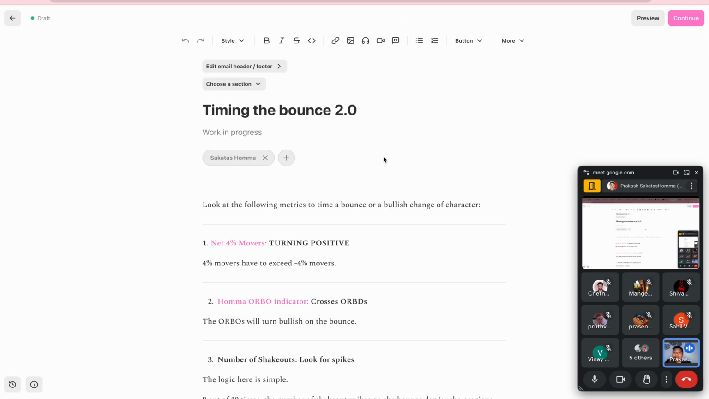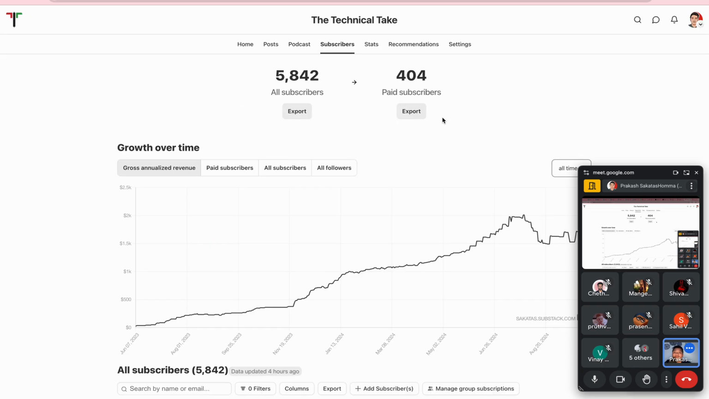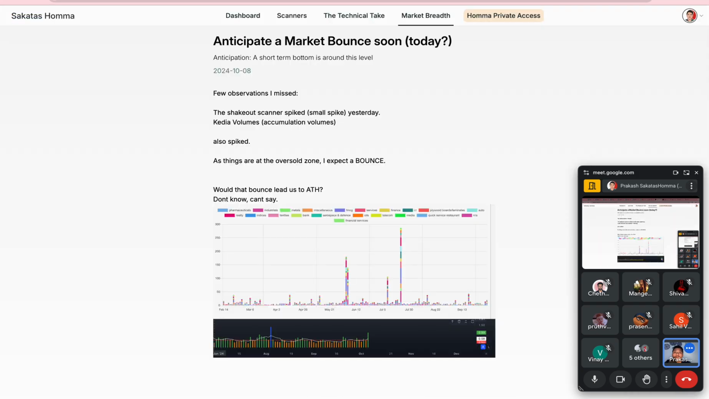What happened yesterday? So yesterday morning, yes. A couple of things which possibly I missed in yesterday's post. So early morning, this was my breadth anticipation. So this was today, early morning, before market open. That anticipation: a short-term bottom is around this level. So what I missed yesterday morning, when I quickly looked at things again with a fresh eye,